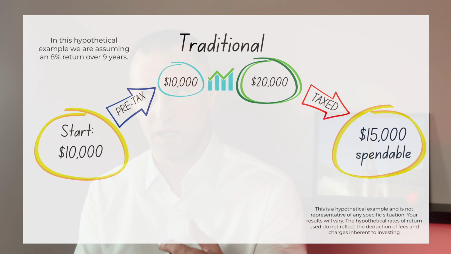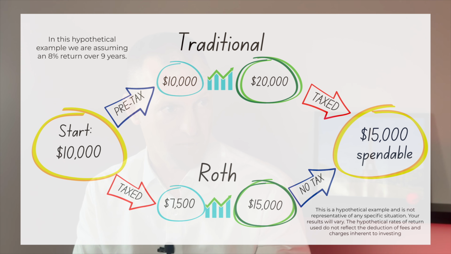Okay. So let's flip it around, let's do it with a Roth IRA, okay? Well, the same $10,000, the problem is I don't get that tax deduction. So I have to pay taxes on that money. Right? I got paid 10 grand. I got to pay 25% in tax. So I only have $7,500 to invest after that. Okay. So I am able to invest $7,500 into the Roth, assuming the same 10,000. It doubles in that 9 years to 15,000. But now I take it out and use it, and I don't pay tax on the Roth. So I still have 15,000 when I use it down the road.